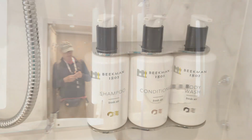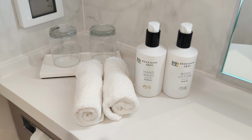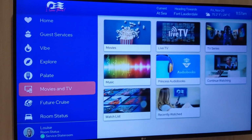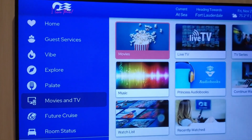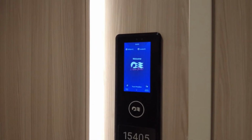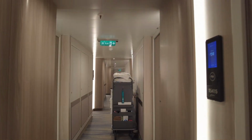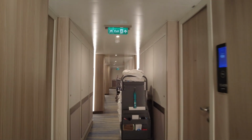The TV is a smart TV as you'd expect and includes a massive range of shows and movies, all free. The Medallion allows very easy access to your stateroom, and the high-tech entry screen allows you to nominate Do Not Disturb or Please Clean My Room. Talking of which, one area where the service on this ship excelled was the stateroom attendants, who are extremely helpful,